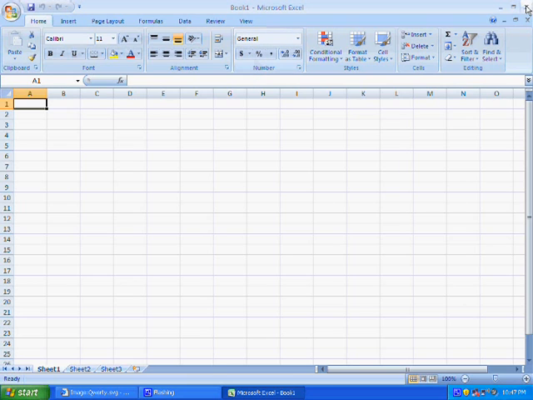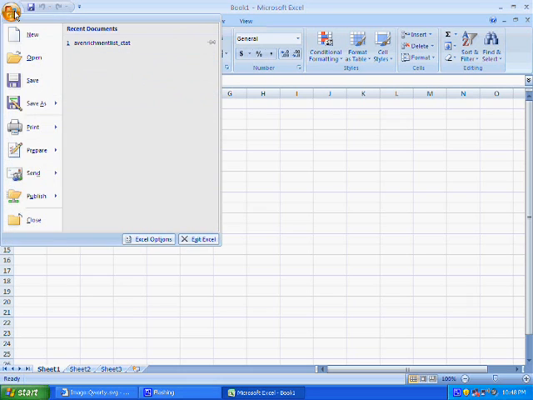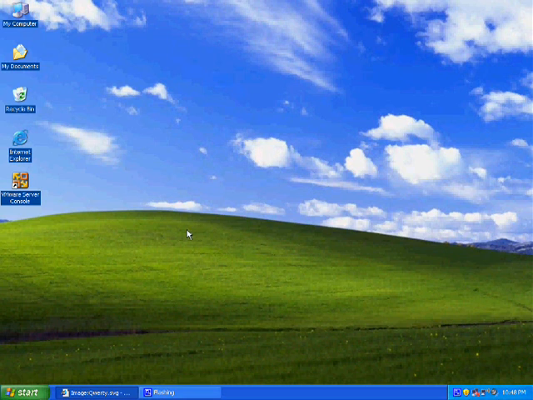So once we're in, how do we get out? Well, of course, we can jump up here and hit the X. Or we can come up here to this new little guy. This is the Office button. We've centralized a lot of the functions that you used to see under the old file menus from older versions of Excel. Right in here, it's giving you that convenient user interface. They've expanded it out, made the icons bigger, easier to see. And right down here at the bottom, Exit Excel. So we can just